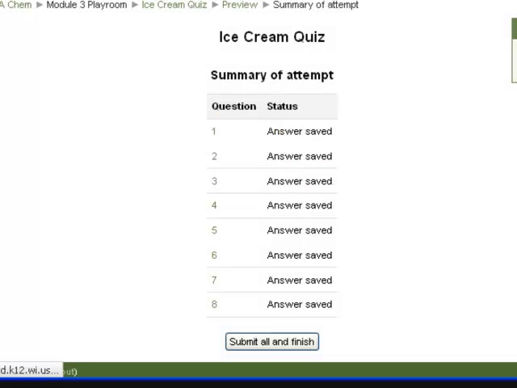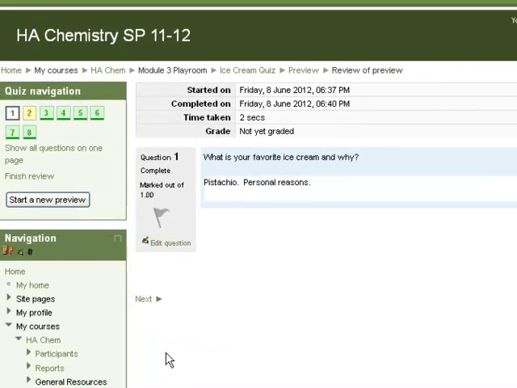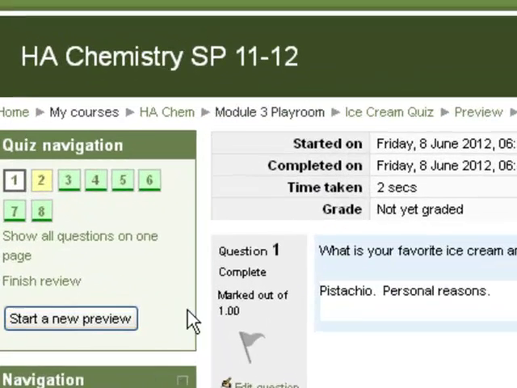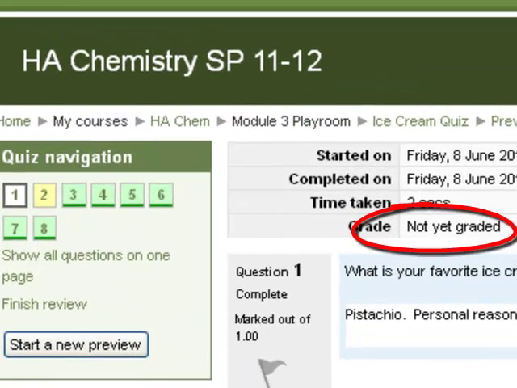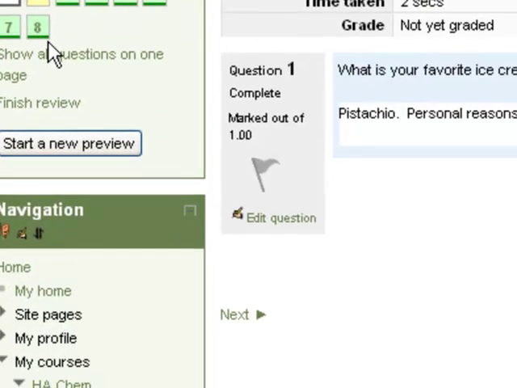Now what the student sees immediately is feedback on their question. They get to do a review. So right now they're reviewing this question, and it says it's not yet graded. So in their little quiz navigation bar, it's neither red nor yellow, which is partial credit, or green, which is full credit, because it hasn't been graded yet. If they click Next, they go to the next question,